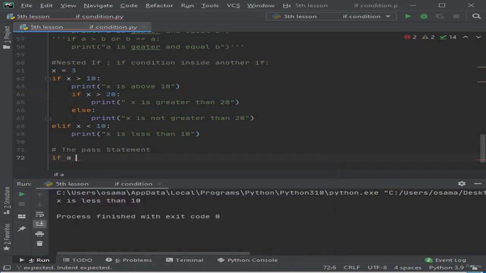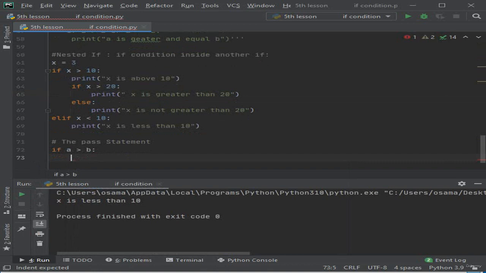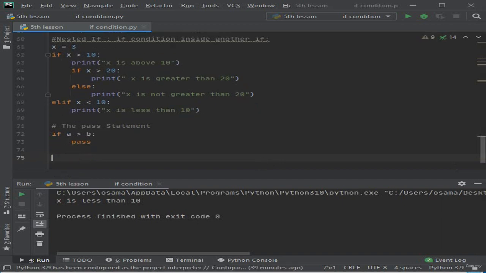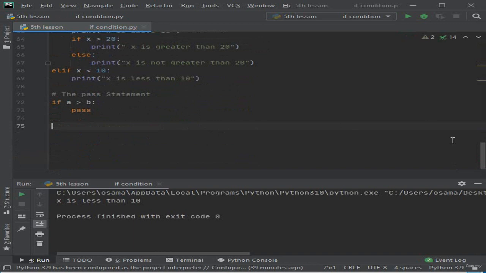So if you have an if like this, A is bigger than B, and you don't want to write code inside this if until you complete the whole code of the program, you type this pass that will reserve this place for the future code. For example, we have this. Let's do a